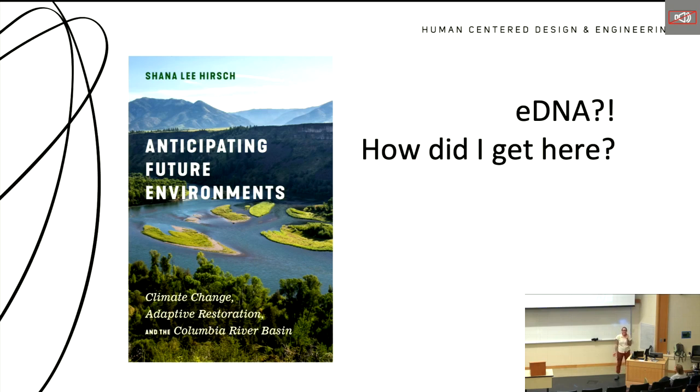Back in 2014, when I was researching this book, I came across this really cool new technology that people were starting to use called eDNA. And I thought, well, that's really interesting. I put it in my book, and I thought about it and put it on the back burner in my mind. And then I moved on, and I started working on a lot of renewable energy work and marine energy work. And then last year, some folks at the eDNA Collaborative reached out to me,